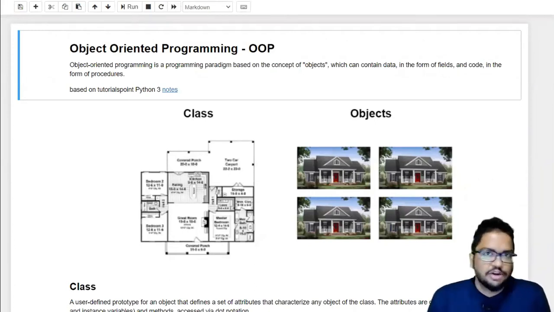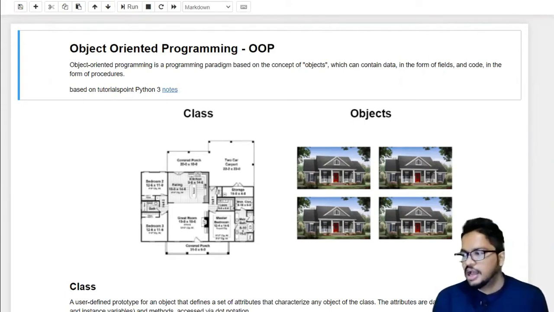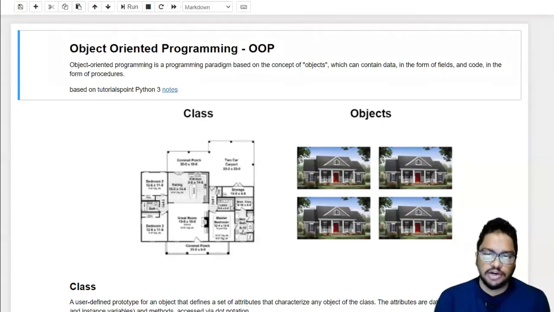So in the last set of tutorials, we discussed Python programming basics, and thereafter we moved on to Python modules. And now the new topic, which comes under Python fundamentals: we'll start object-oriented programming in Python, cover the concepts of OOP, and see how we can implement classes, objects, and code related to object-oriented programming.